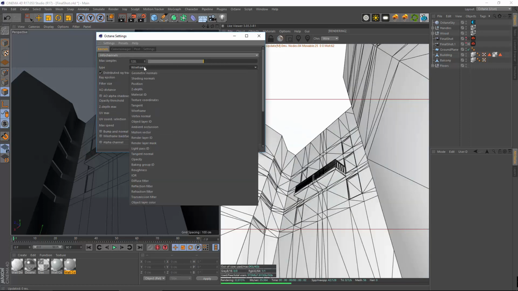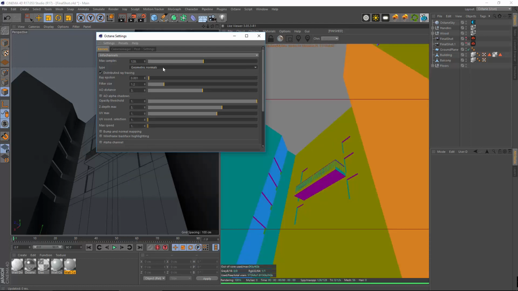First of all, here we have all kind of info channels. These are the channels that we can use as a multipass output, with geometric normals, shading normals,